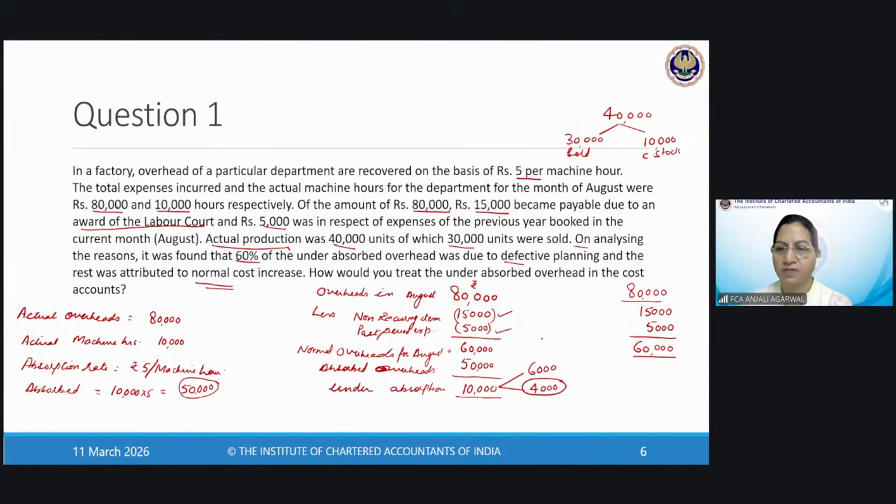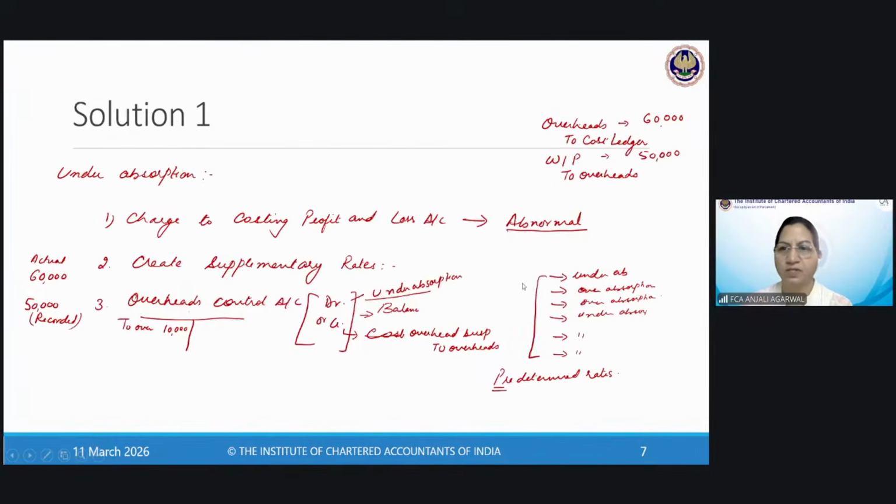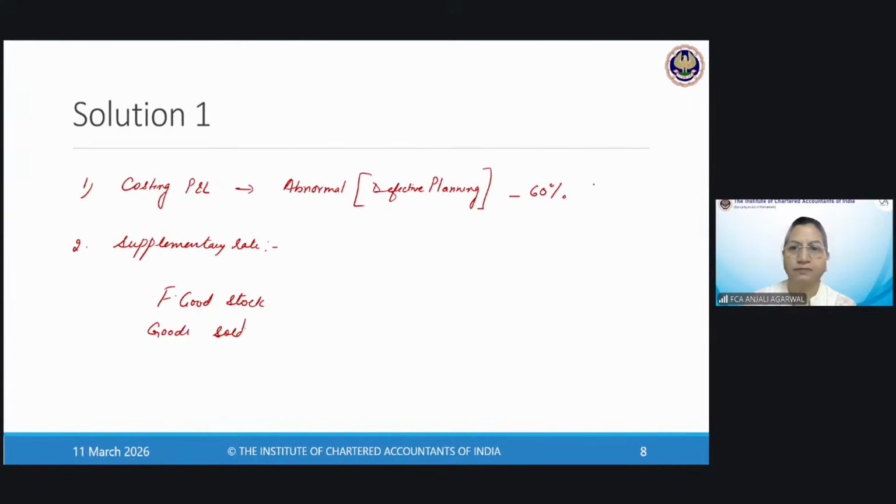So these 40,000 units will bear the 4,000 rupees extra cost increase. 60%. So if there is an under absorption, what is the journal entry? Costing P&L account debit to overheads. So you will debit the costing P&L account. So one entry you will pass is costing profit and loss account